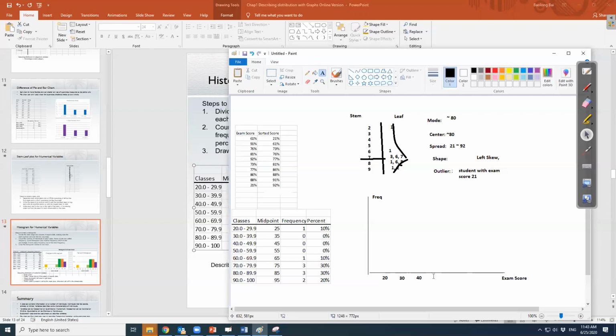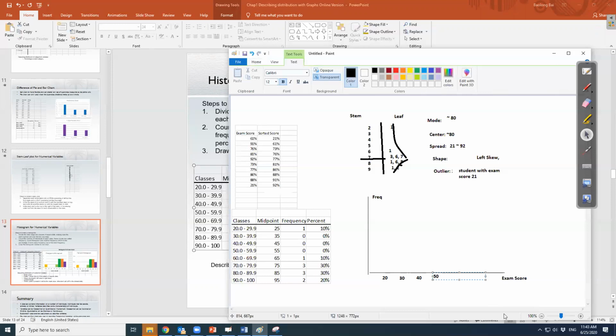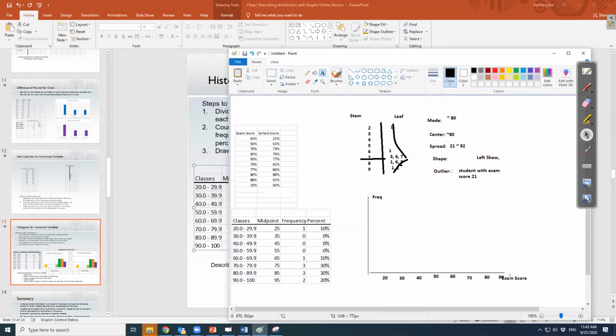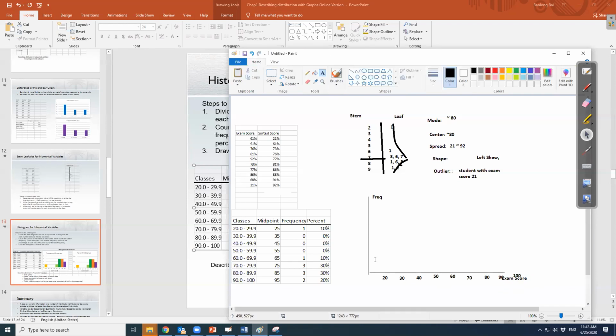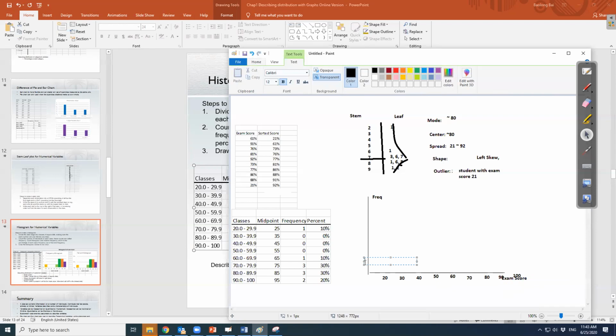And the same distance, 50. 60. 70. 80. 90. It needs to be a little longer. 100. And then on the y-axis, just label, if you start from 0 here,